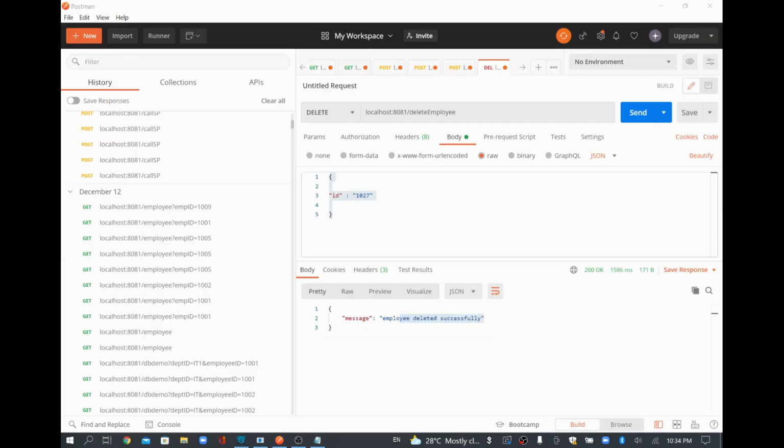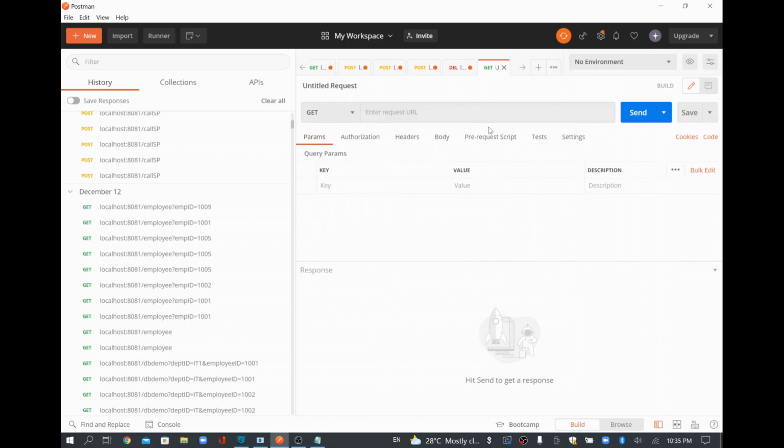Now I'll go to Postman. I'll go to my previous tab. The last one we did was delete, and the previous one we did insert, where if you look at it, we gave only one object which can hold only one employee's details. That employee has a name, ID and department. Now I'll copy this payload alone.